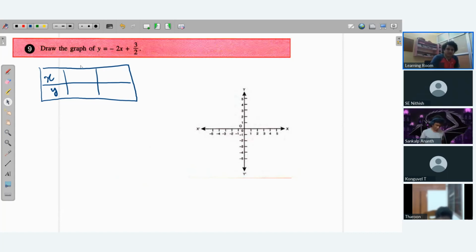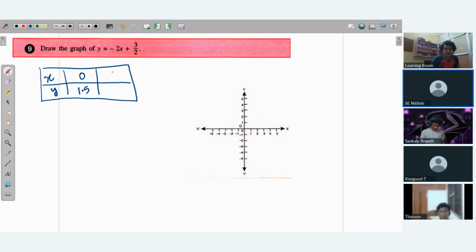This time I'm going to take x as 0 and y as 0. Hey, I'm also taking the same thing. Why is 0 easier? Yeah, that's what I'm doing. No, I'm not going to take y as 0. So y is equal to 3 by 2 when x is 0. Okay, so for x equal to 0, I'm going to get y as 1.5. And if I take x as